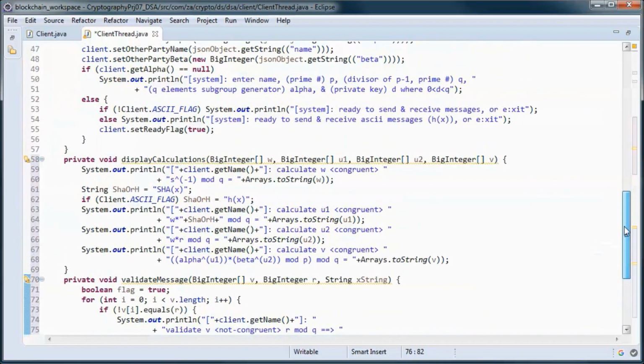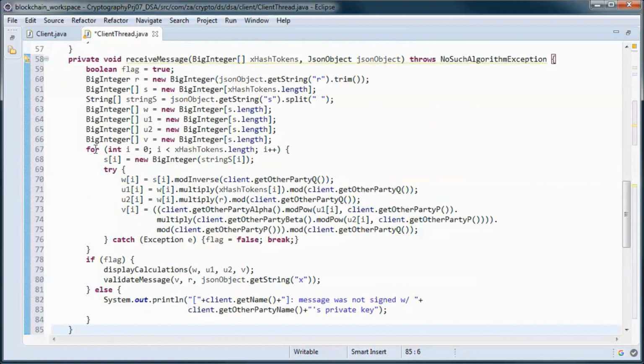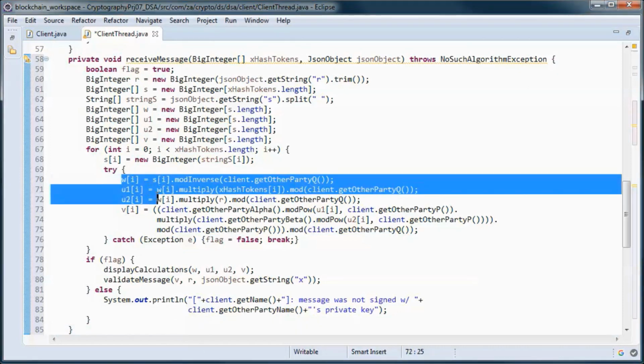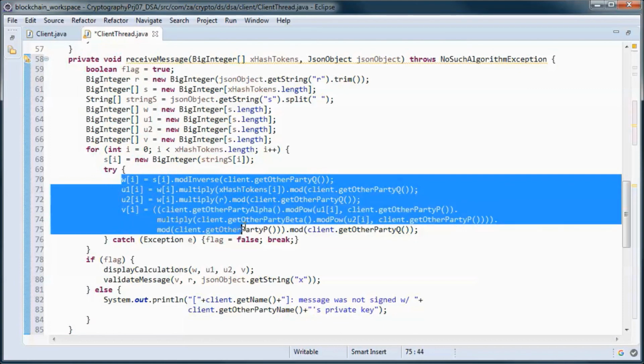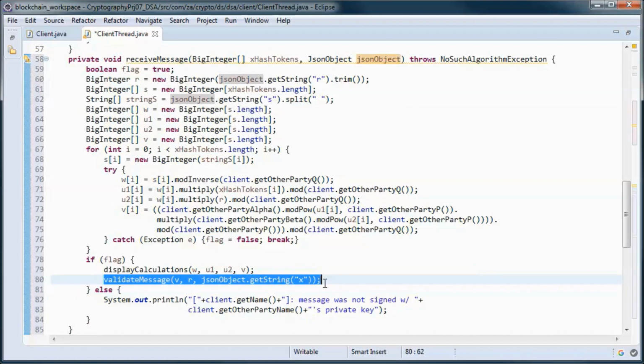And this method handles receiving the message. So here we calculate W, U1, U2 and V, and we display the calculations and validate the message.